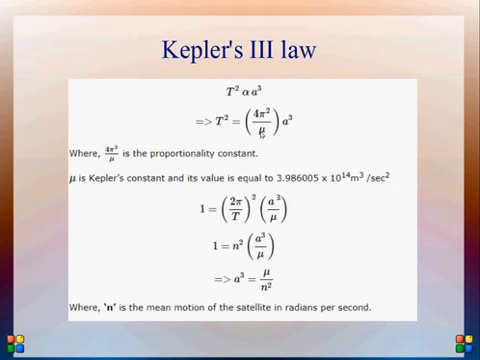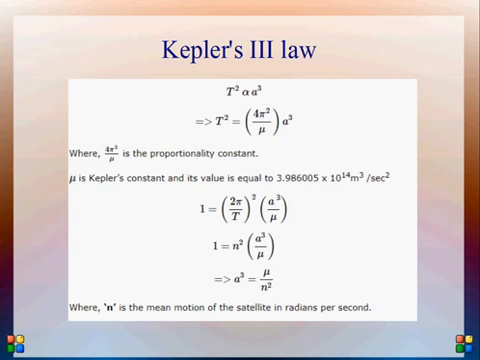Now we can replace 2 pi by T with n, which is the mean motion of the satellite, and we get A cube is equal to mu by n square. So this is Kepler's third law. So we have completed the 3 laws of Kepler, and now we are going to see a very important question, that is,